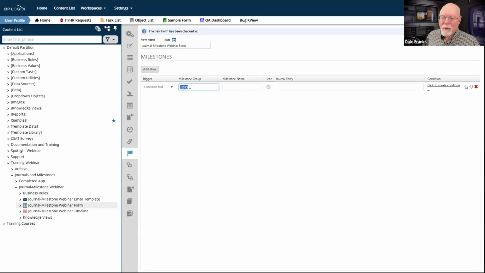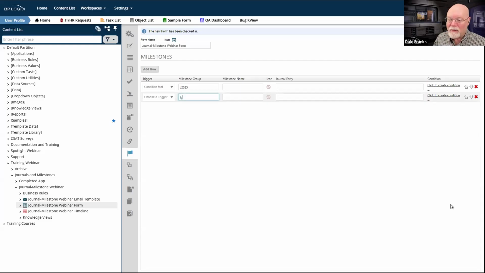Now, the problem with milestone groups, which all get created here and become part of the system, is that they're all dynamic. So let's add another row. Let's say that down here on this row, I meant to hit J 2025, and what I actually hit was KJ 2025, and I didn't notice that. And then I just went on and made my milestone. Well, if I have associated my journal control with J 2025,